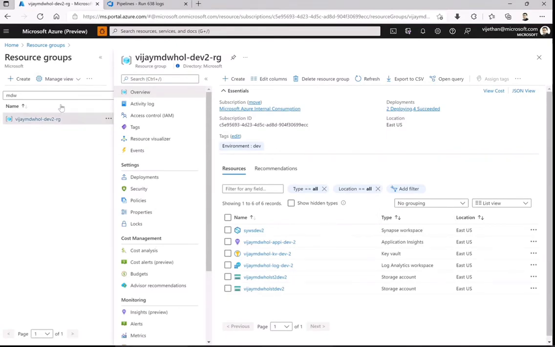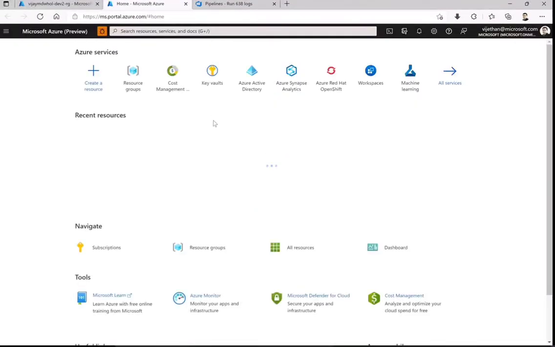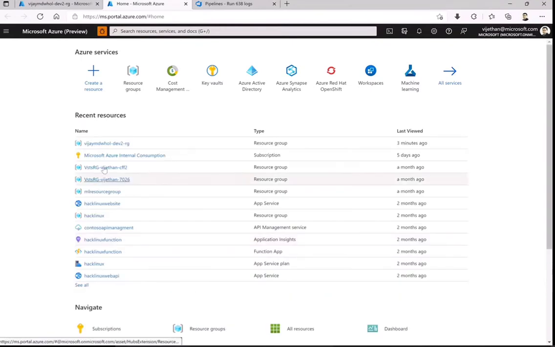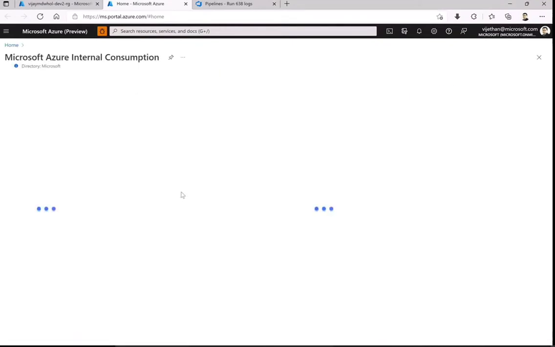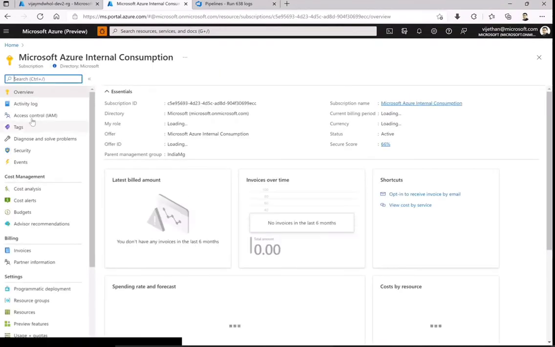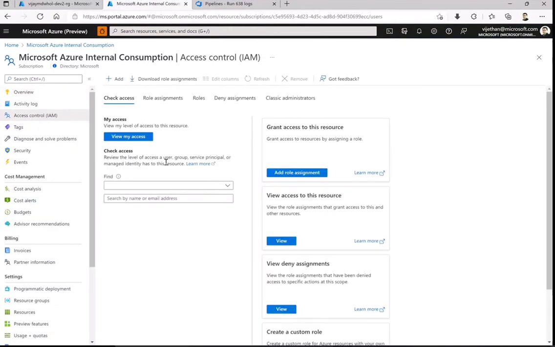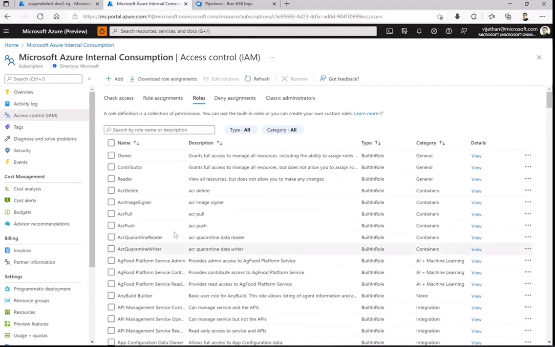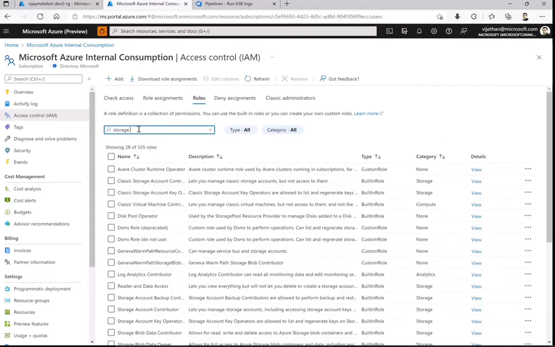Until it goes, I also want to show you the AD perspective, where you can give yourself access if you're completely new to Azure. You can just search for your subscription. In my case, it's the Azure internal subscription. Go to Access control (IAM) and search for roles. Here you will get the storage data